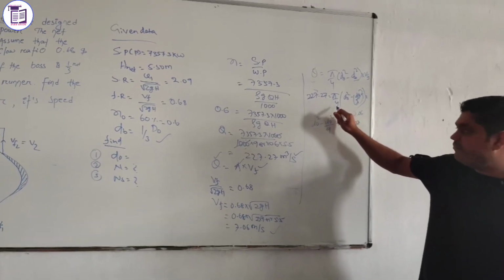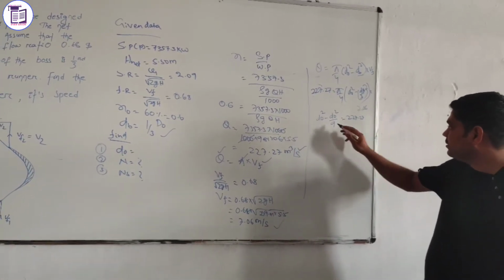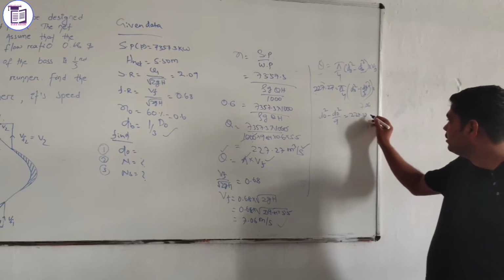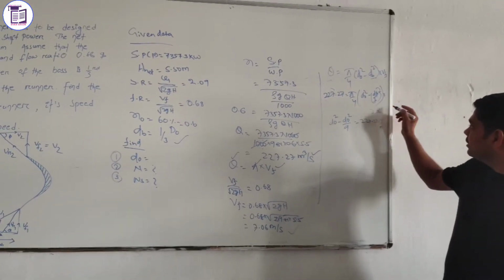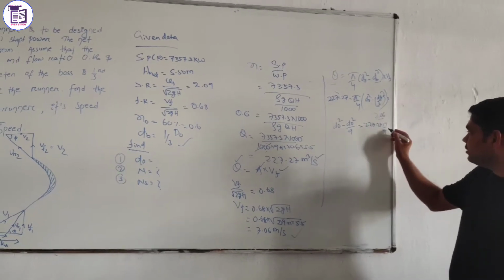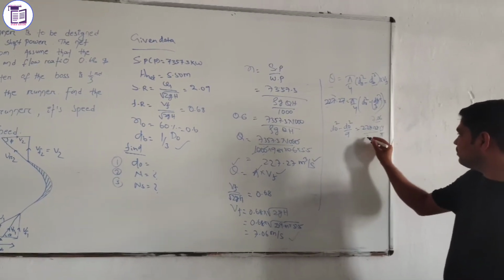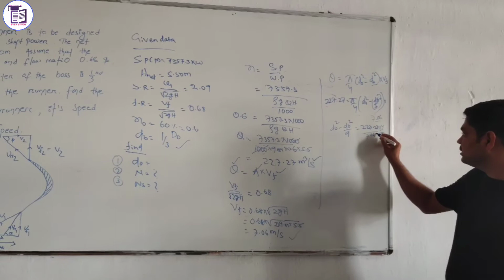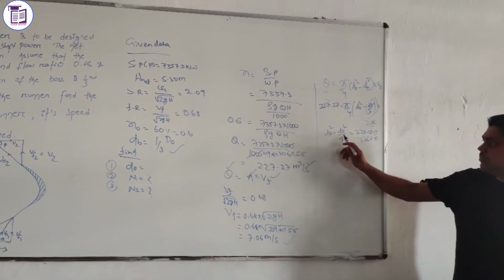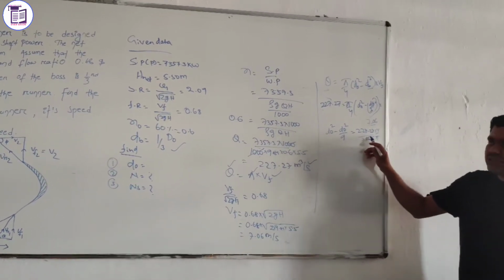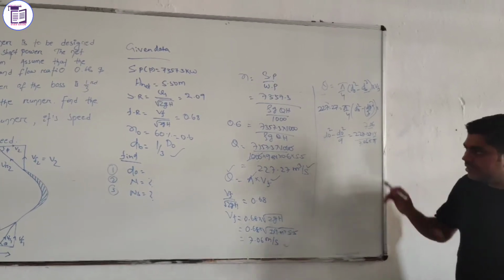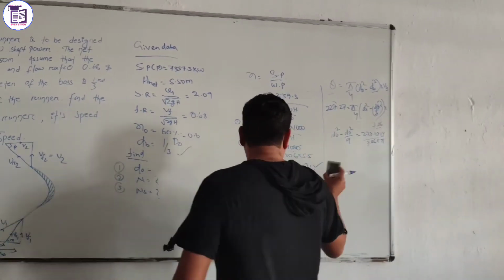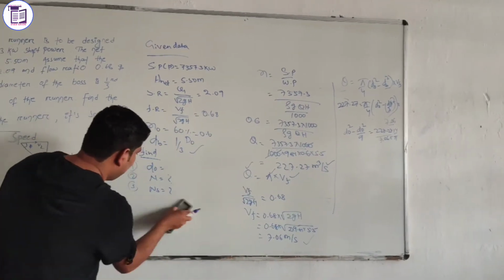That is, pi by 4 is given. So you can write, here is pi by 4, you can take common here, that is 4 by pi, and here Vf is on that side, so you can write this is 7.06. So the value is DO square minus DO square by 9 is equal to 227.27 into 4 by 7.06 into pi. Now put the value here. Write down here.